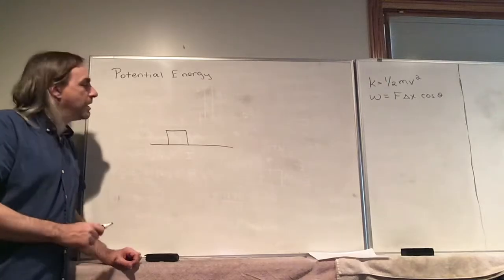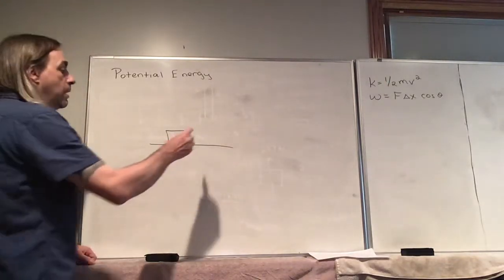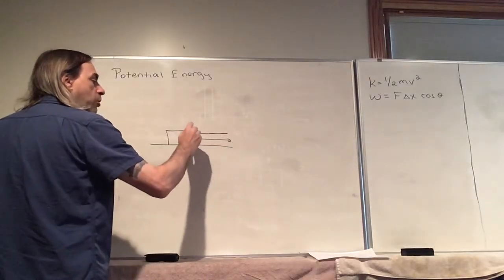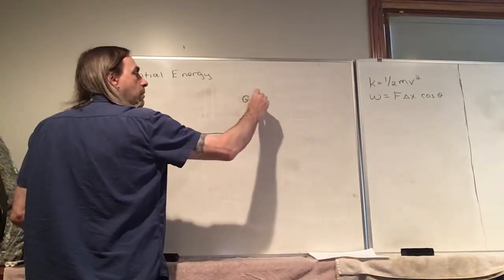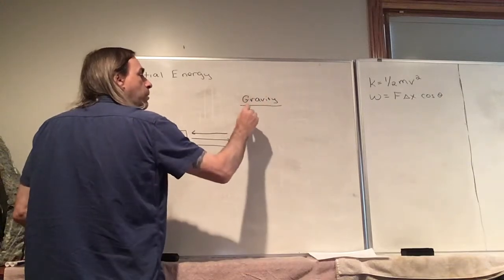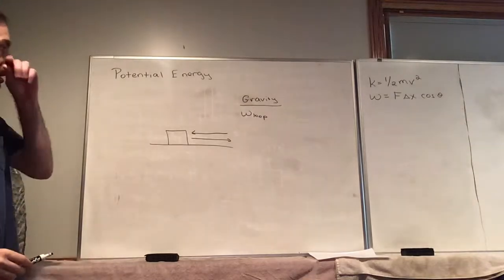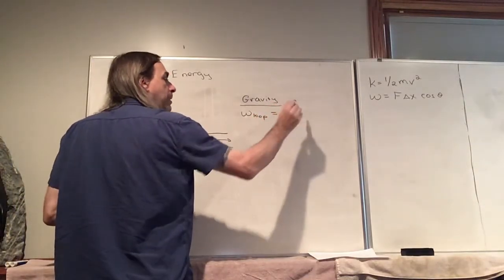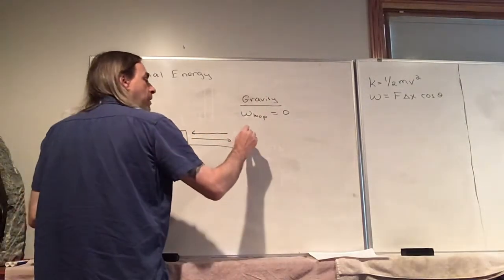Then we looked at another example with basically the same mass. Let's say we push it to the right, and then push it back to the left. So here we have gravity. And we're calling the overall motion a loop, because we end up back where we started. So for gravity, the work done for this loop, whatever path takes you back to your starting point, was zero. But then when we look at friction,